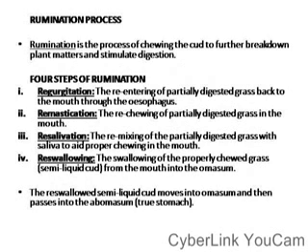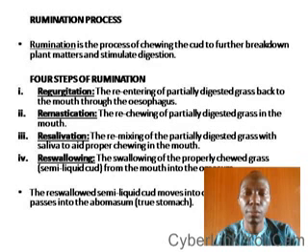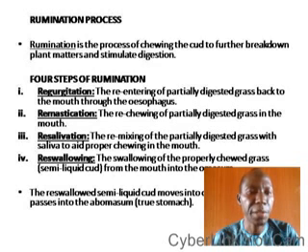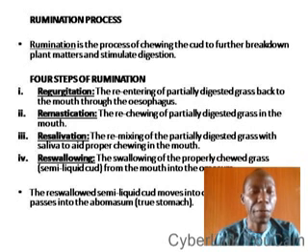Rumination process. Rumination is the process of chewing the cud to further break down plant matter and stimulate digestion. There are 4